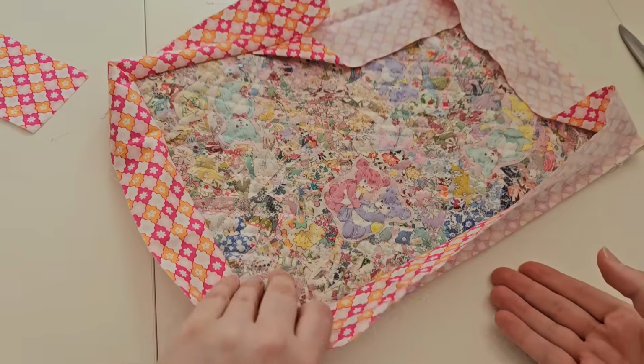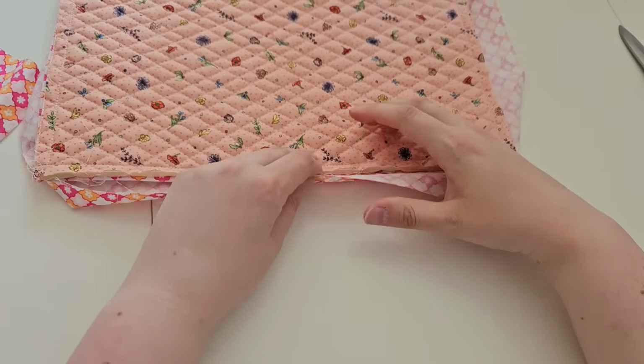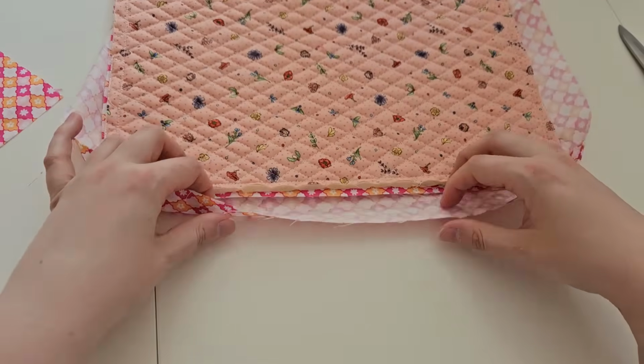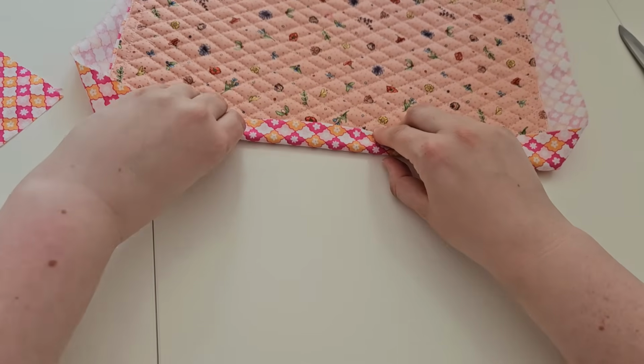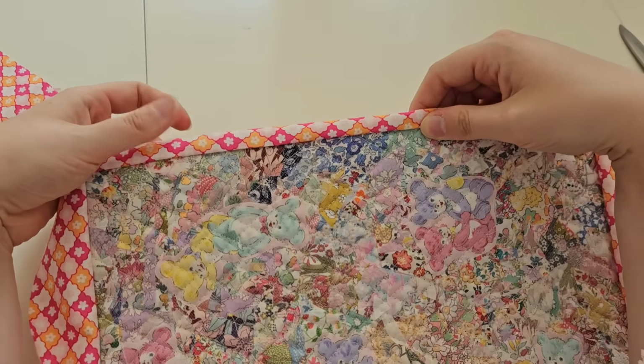I'm going to hand stitch it to the back because I'll only be catching the fabric. I won't be going into the foam, so it won't be too strenuous. So all you do is you just fold it down like that, fold it back. It leaves you a nice wide binding on the back, so you've got plenty to play with, but also we've got nice